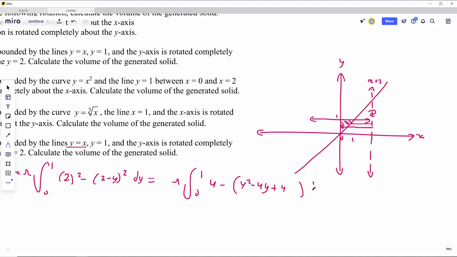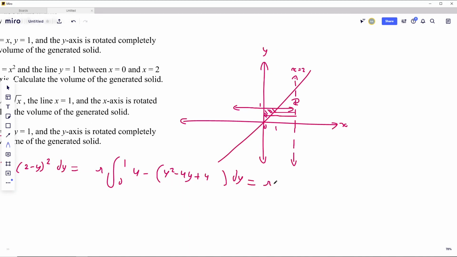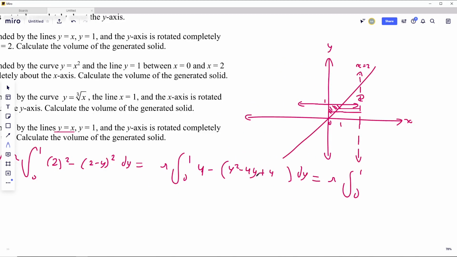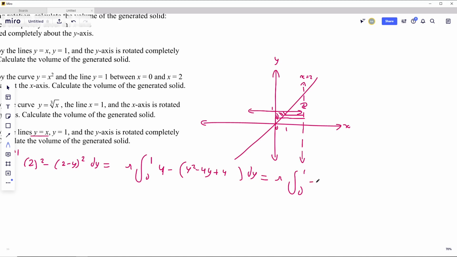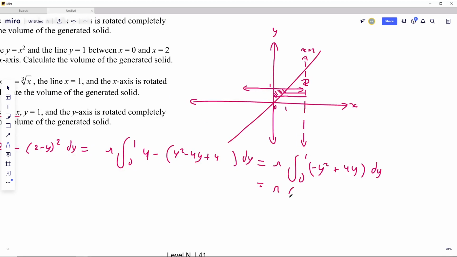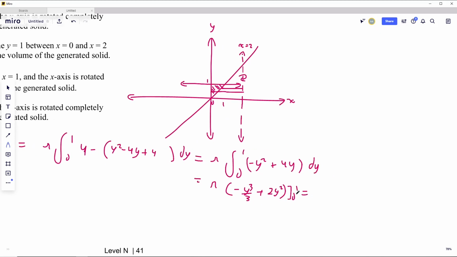So 4 and dy equals pi, and again, step by step, this is nothing but 4. And this is y minus y squared, we're distributing the minus 4y, so minus 4y, so plus 4y, minus 4 minus 4, so 0, cancels nicely, dy, equals pi, let's integrate immediately, y to the power of 3 over 3, plus y squared over 2 and the 4, so it becomes 2, from 0 to 1, equals